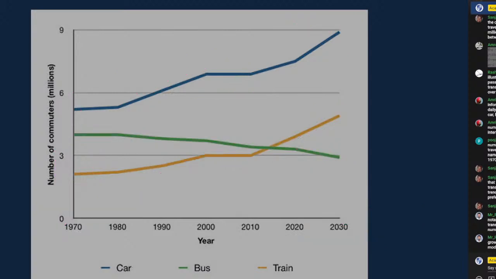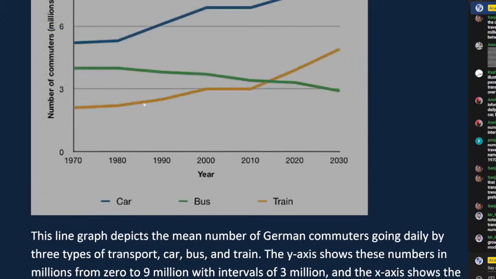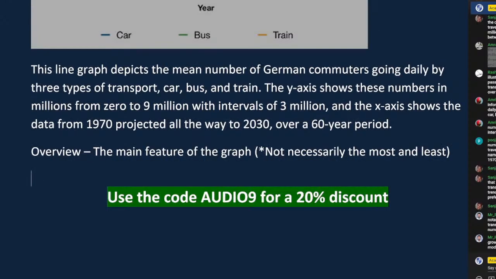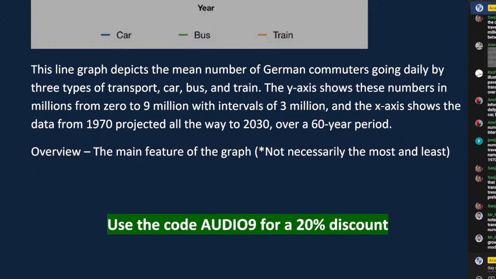So for my overview, you know what? Your overview doesn't have to be just one sentence. Your overview can be multiple sentences. Here my overview is going to be fairly descriptive to give a clear idea to the examiner. What are those main features? Okay. So I'm going to write my overview. Everybody else, all the members, everybody watching, write your overview, and then we'll make a comparison. There's different ways to do this. There's different ways to score a high band score. It doesn't have to be the same, but we probably should be somewhat on a similar page here for this information. So clearly,